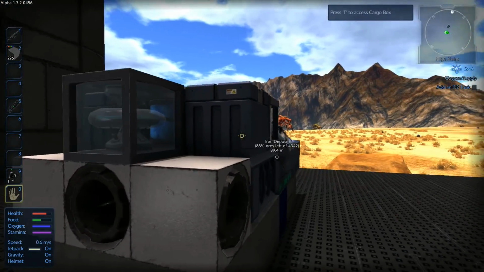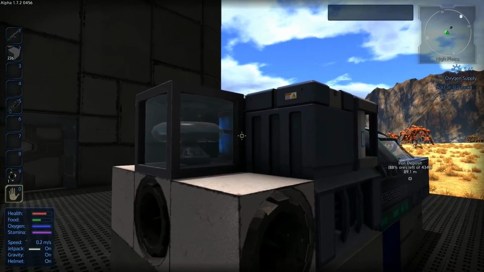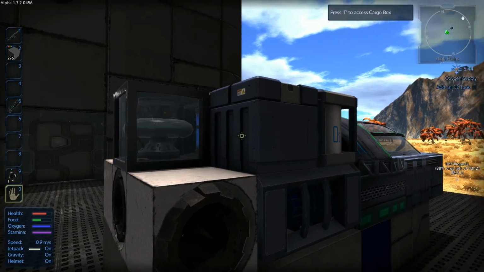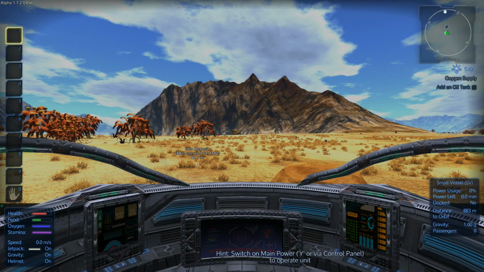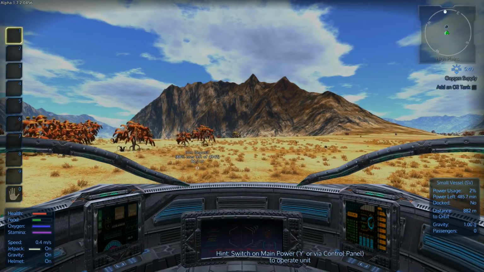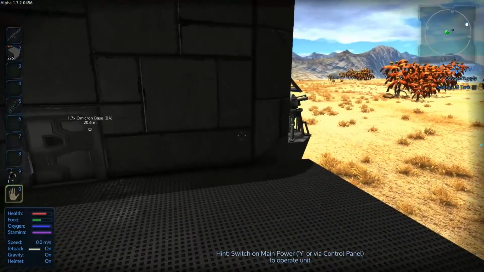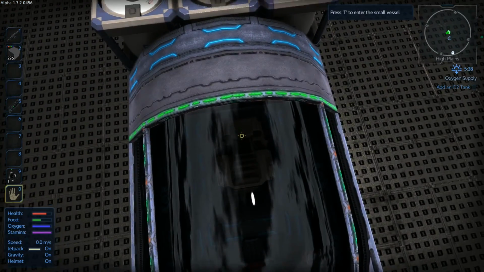What I can do, or what I may do, is I may later come back, retrofit one in, and I'll probably put it here next to the cargo boxes. But I haven't decided yet. Alright, so... Oh, okay, is that going to work for us? You know what? Let's try...